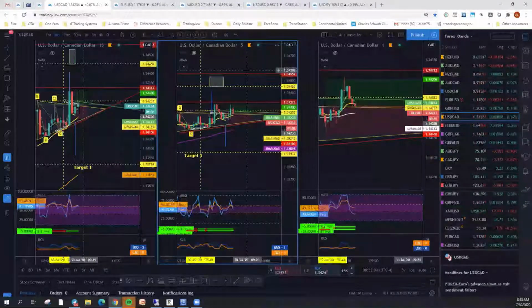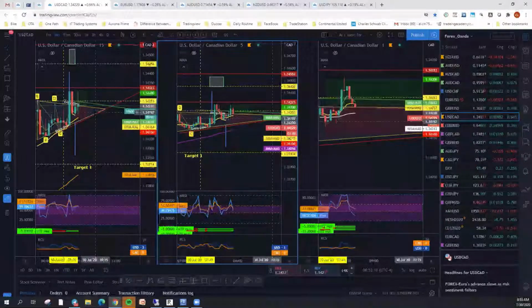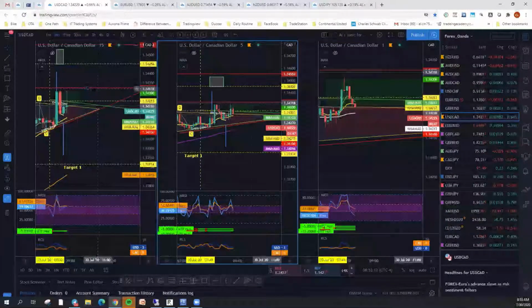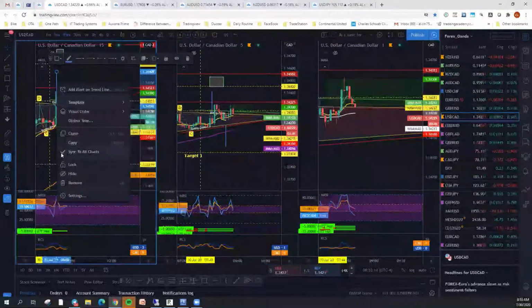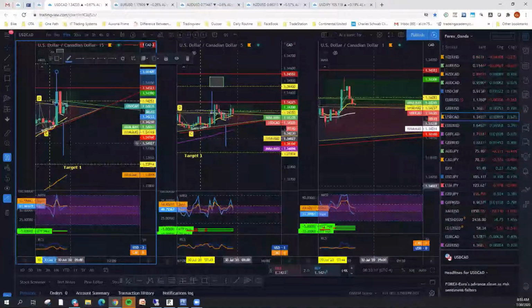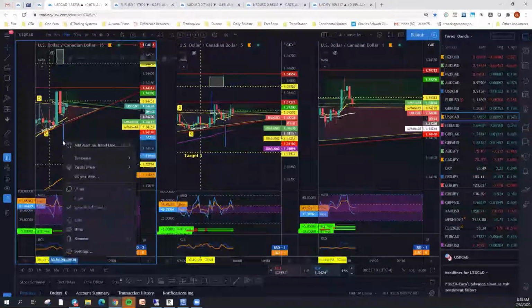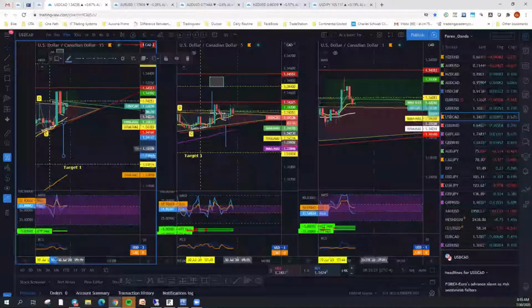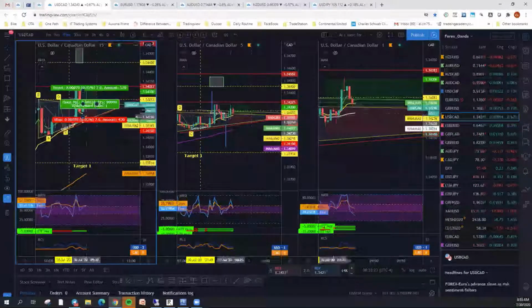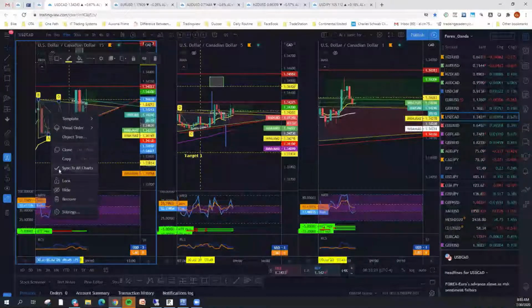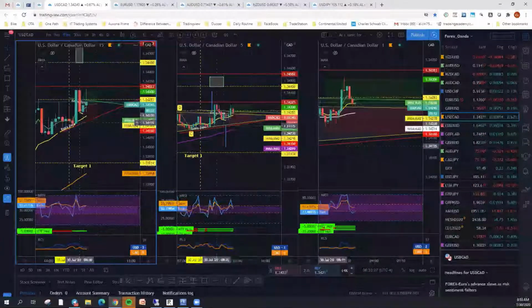And it's coming up on 9 o'clock, so we have another 7 minutes before the next 15-minute candle. Let me just take all this off here and try and clean this up a little bit so you can see better on the 15. A lot of times I like to check the price action on the 15-minute. I'll even take the wedge off here, just so you can see the price action.